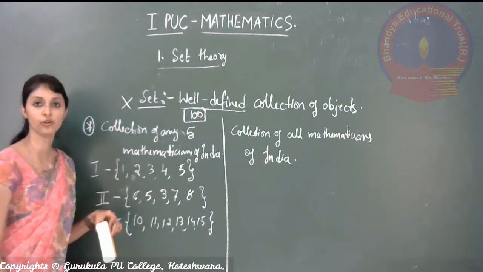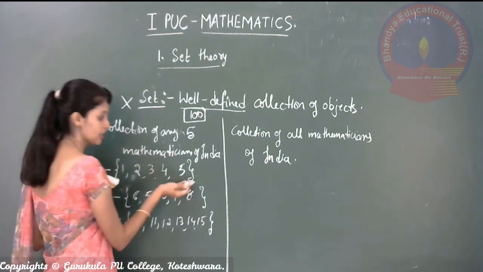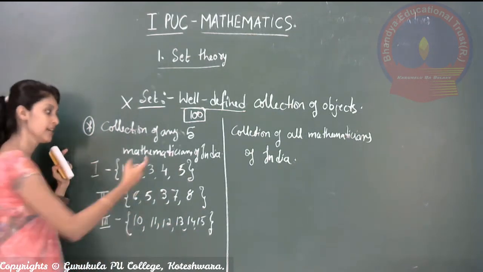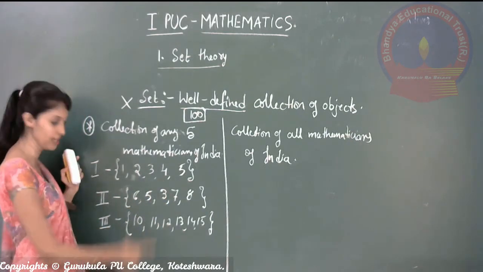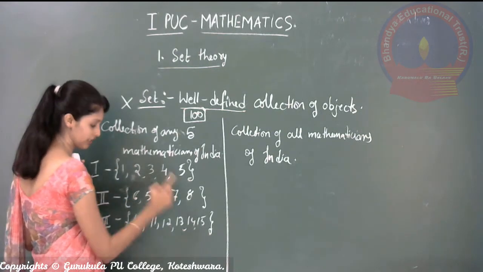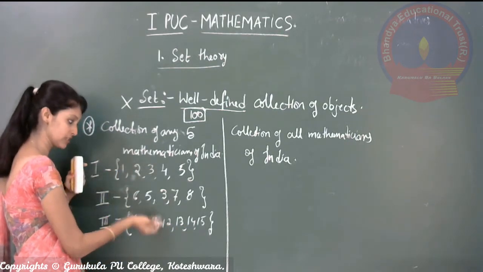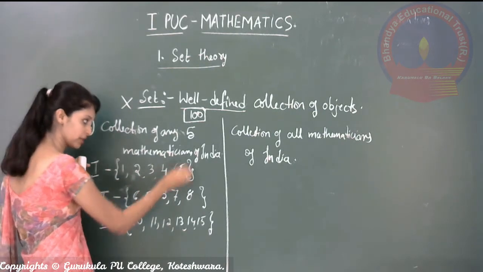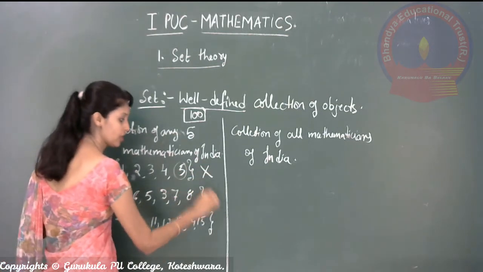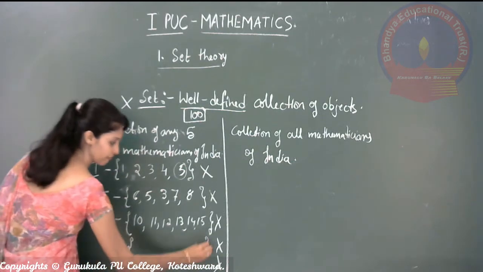So if you look into these collections, groups of objects, whether all these collections are the same, meaning do the collections have the same elements or not? Look: 1 2 3 4 5. Here it contains 6 5 3 7 8. Here it contains 10 11 12 13 14 15. Some objects are the same, 5 is there, 6 5 is there. But looking group wise, these are not at all equal groups. As the person varies,